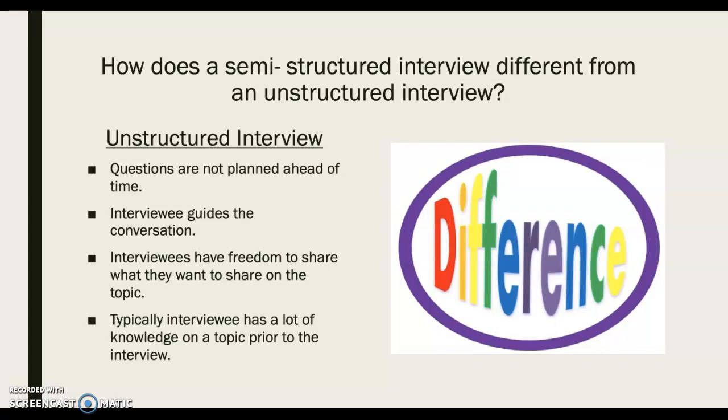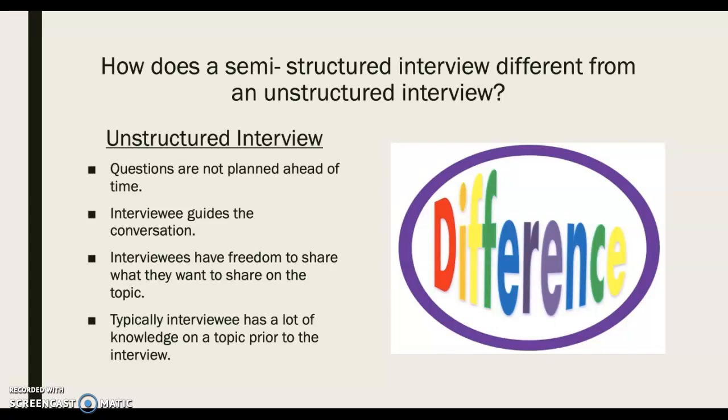Whereas in an unstructured interview, the interviewee pretty much guides the conversation. They're free to answer or talk about a topic as much or as little as they want. So they might not answer a question at all. But this contrasts with a semi-structured interview because the interviewee needs to answer the question to at least some extent.